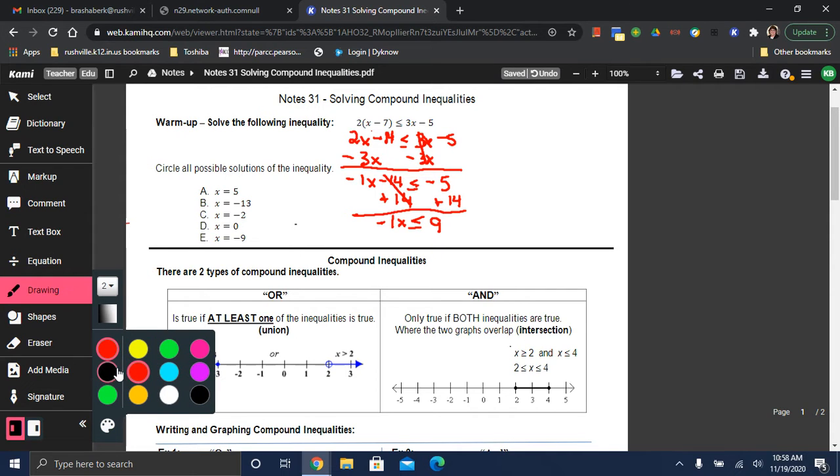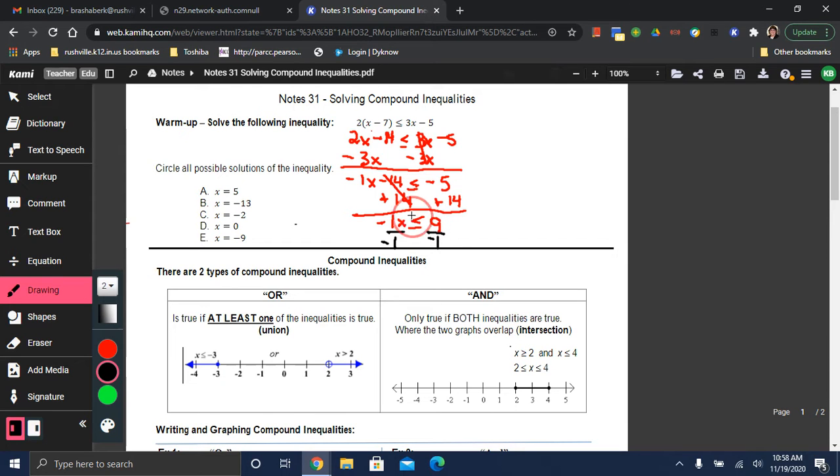When there is an inequality, you have to remember that if you divide by a negative, as we're getting ready to do now, you will need to reverse the inequality. So this is going to need to be reversed. I'm out of space, so I'm going to go ahead and write my answer. So I'll have x is greater than or equal to, and then 9 divided by negative 1 will be negative